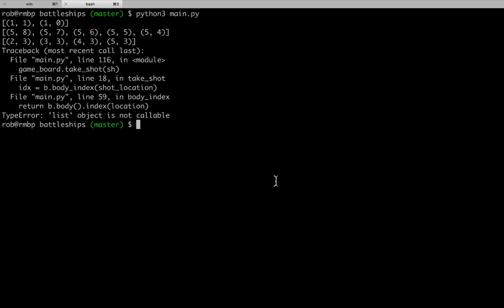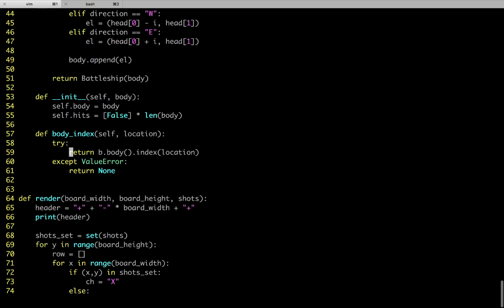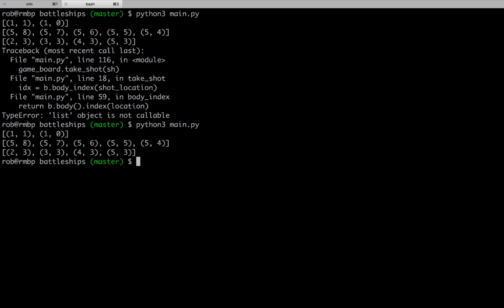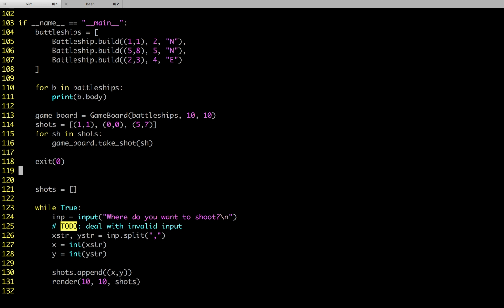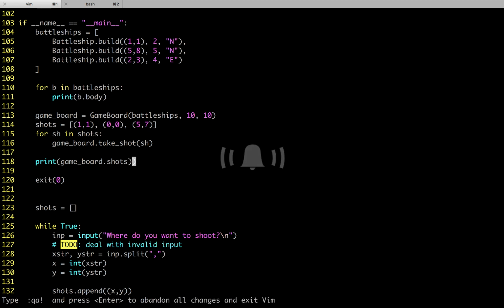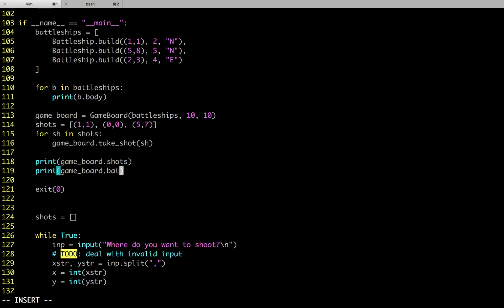Nope, that's not entirely surprising. List, I've done the same thing again. So line 59, I tried to call body as a method, but it's not, it's just a property. Well, it didn't error. Now let's see if it actually worked. Let's print gameboard dot shots, and then actually,